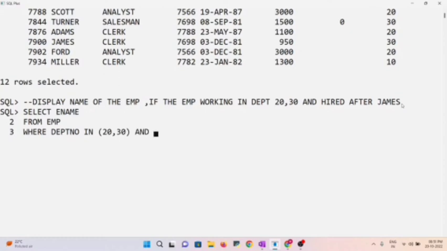After the known condition, I'm going to write the unknown condition. "Hired after" means I should write the hire date column, and since I use "after", we should write greater than. Select again, which column should be written? The hire date column,